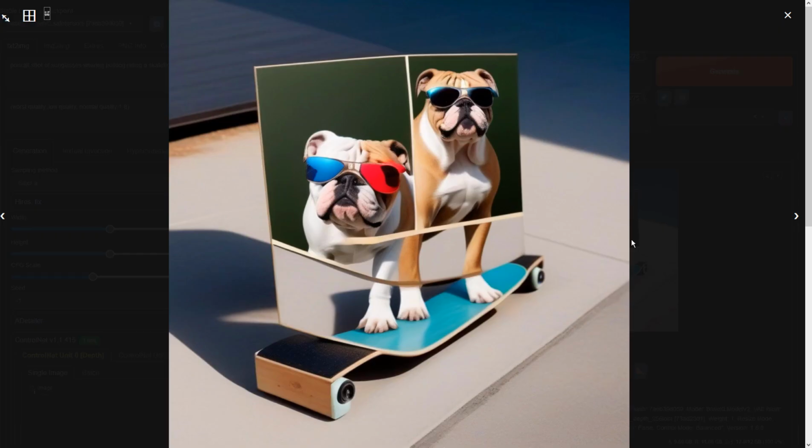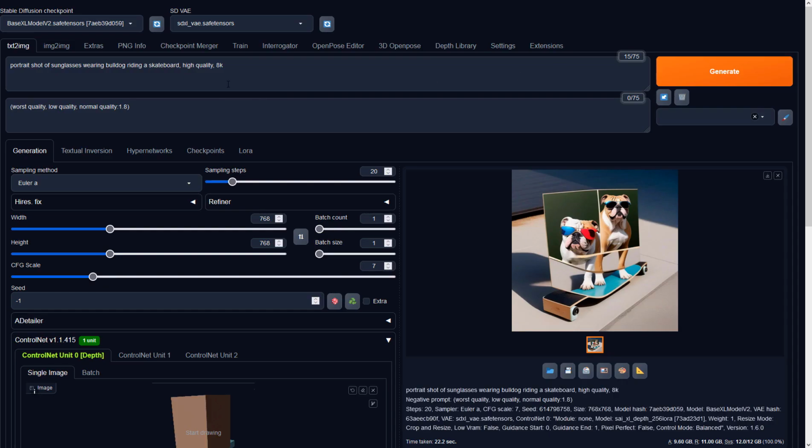I'll show you a humorous approach to force the AI to draw what we need.